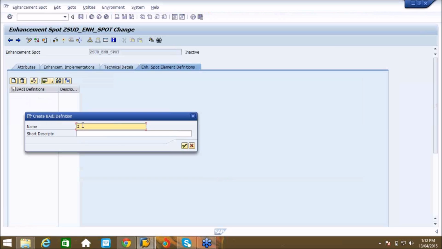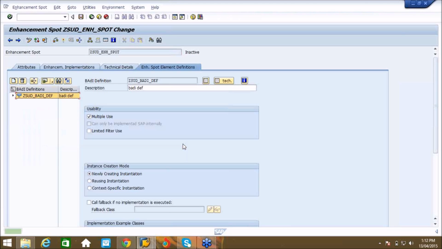For easy understanding I will say here ZSUD_BADI_DEF, BAdI definition. So this is the BAdI definition. Continue. So I have a BAdI definition here. Save it.